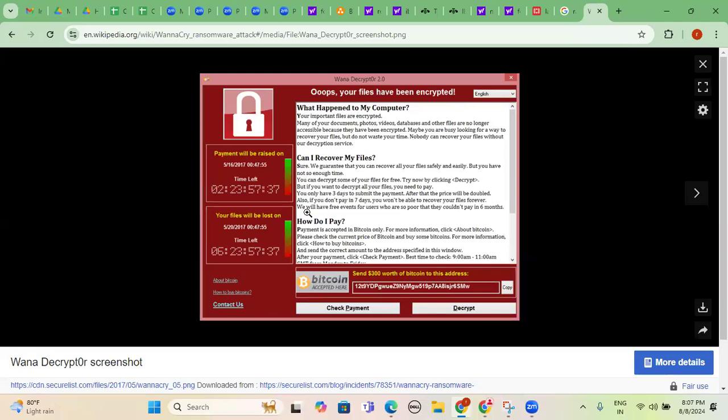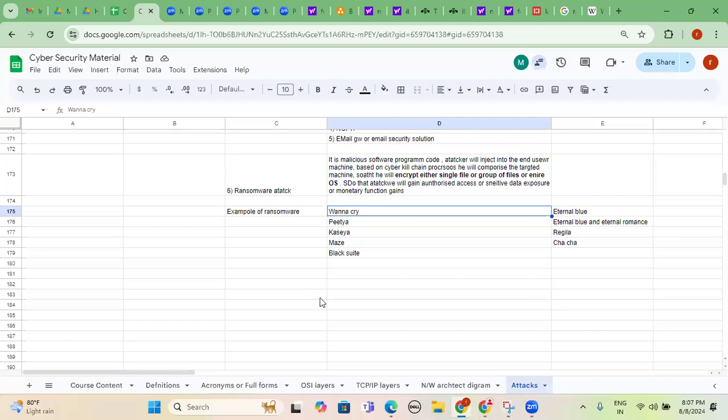So to eliminate this drawback, what remediation do we have to do? Maintaining regular backups. If two systems are compromised, like one server, both primary and backup can get compromised.